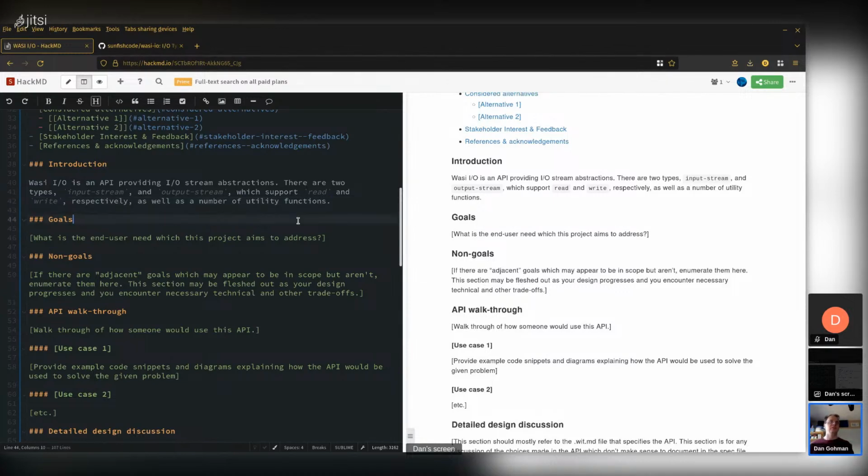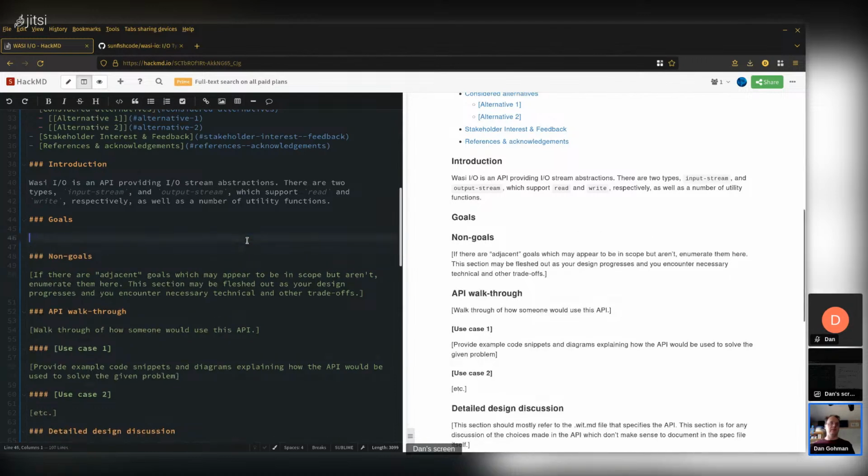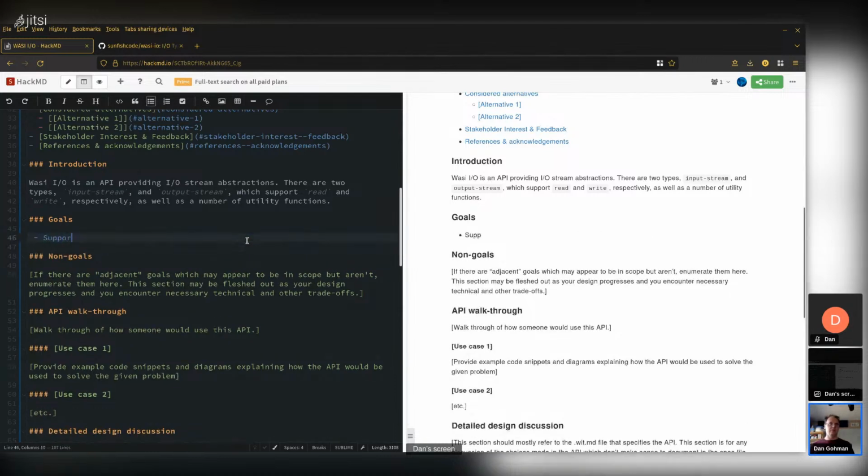Goals. POSIX-like file and socket APIs on top of streams.